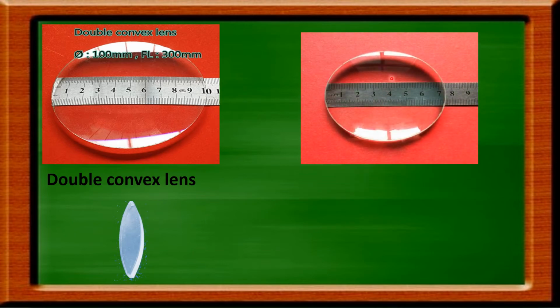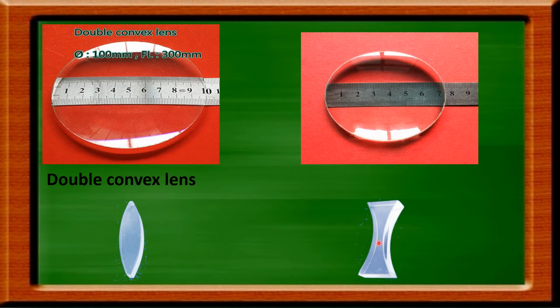Similarly, you can see this one is the double concave lens, and in this case the two spherical surfaces are curved inward. In the convex case the spherical surfaces are curved outward. That's why it is thick at the middle. Here the two spherical surfaces are curved inward. That's why it is thin at the middle than edges. So we can easily understand this one.